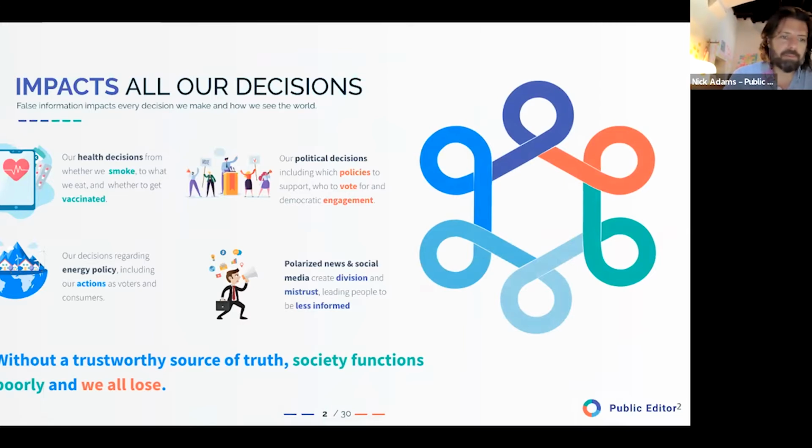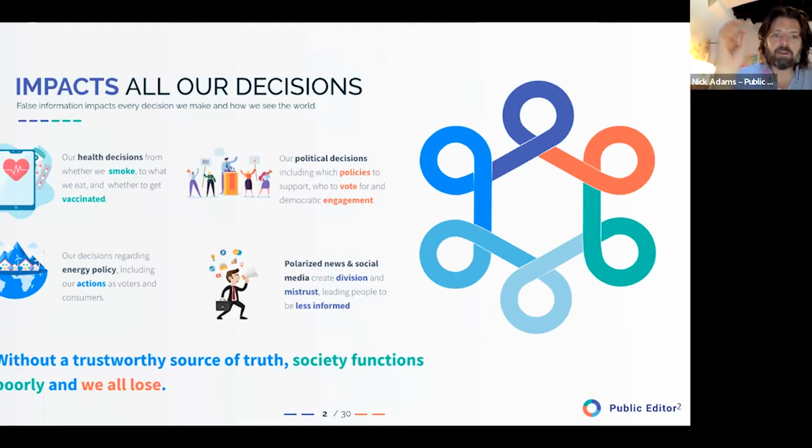It's affecting our decisions about energy policy, and just generally, if we look across Europe and the United States and most Western democracies, we see a declining trust in major institutions to the point where our societies are to some extent breaking down. So we want to help create a world where there is something like a trustworthy source of